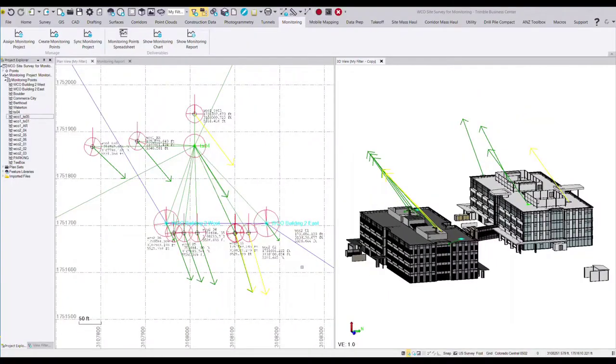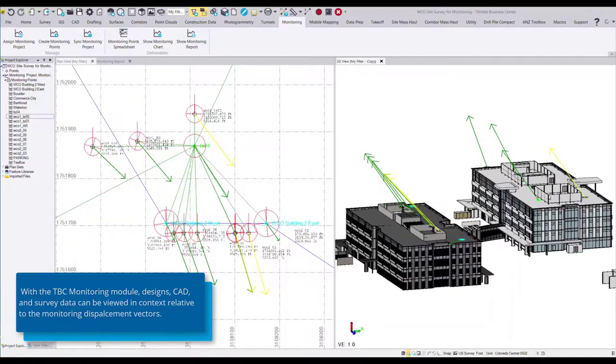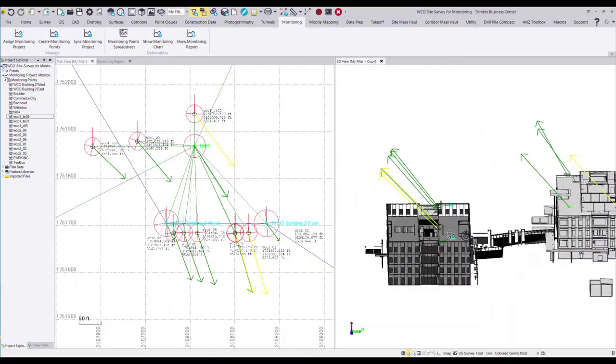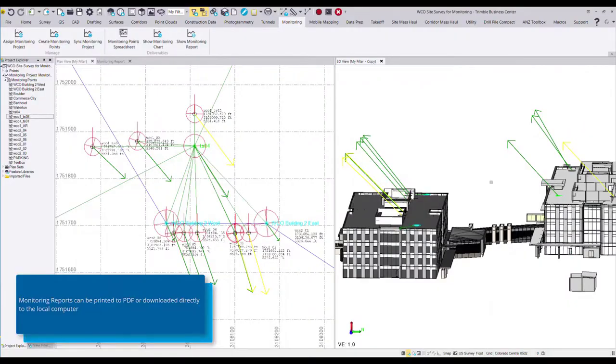option. The real power of the TBC monitoring module is being able to visualize and report on this displacement data using the data integration capabilities and 3D viewing power in TBC. For example, in this project, we have GNSS and total station observations with a combined network adjustment showing displacements, as well as a 3D model showing the position of those points, giving us context where this movement is occurring. For example, if I rotate, I can see in 3D that this displacement is trending almost in an upward and